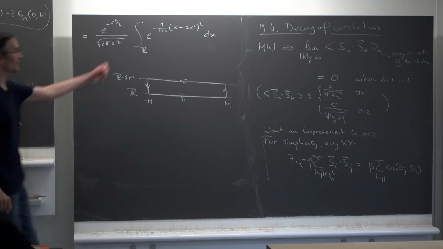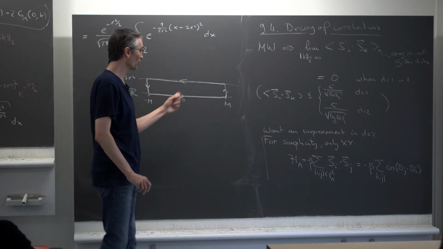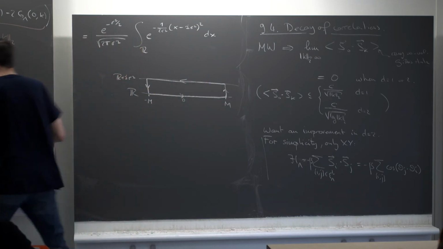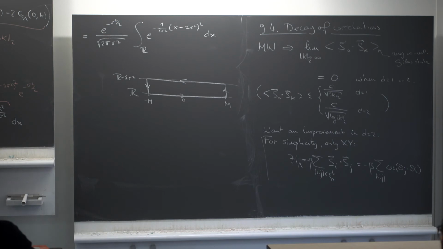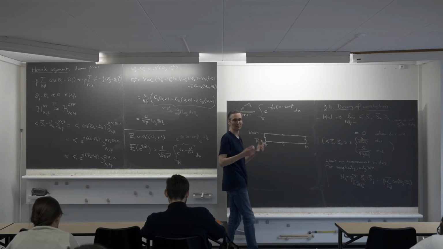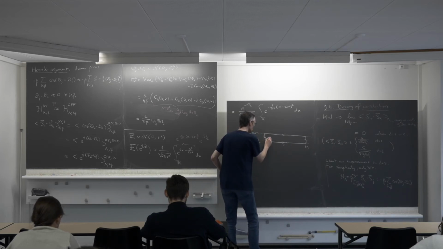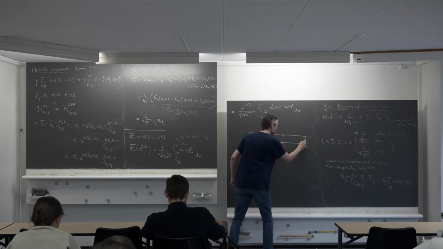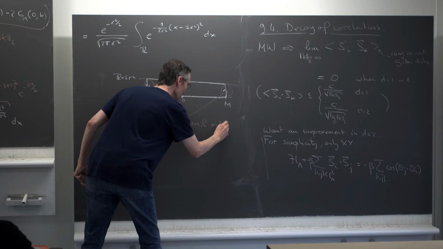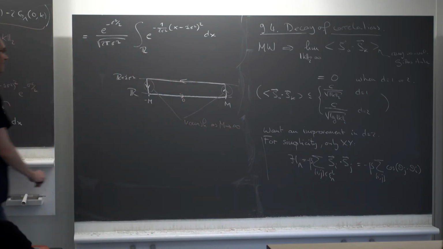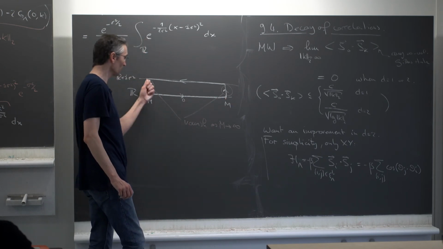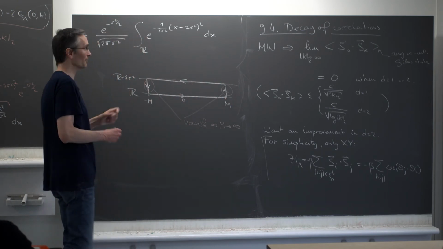The integrand is obviously analytic, so by Cauchy's theorem, the integral over this loop is 0. Moreover, the contribution that comes from the two vertical pieces vanishes when M goes to infinity. Believe me or check it. So the contribution from these two pieces vanishes as M goes to infinity, which is what we are interested in. So what we conclude is that the integral over the real axis is the same as the integral over the real axis shifted by i sigma squared.